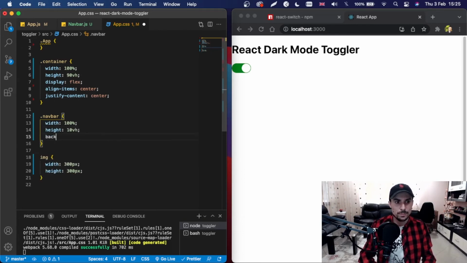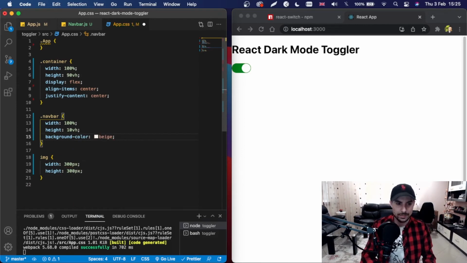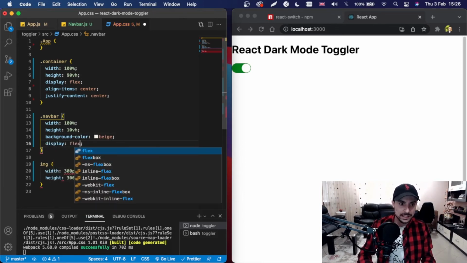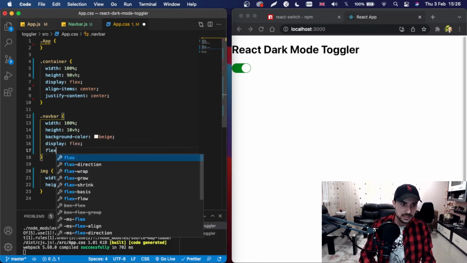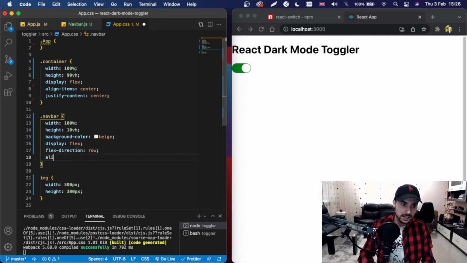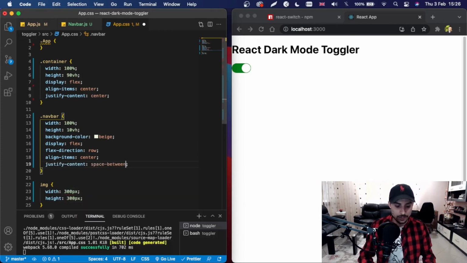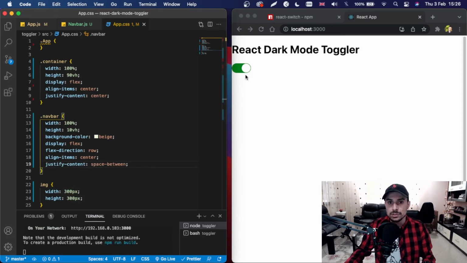Let's say we have a background color of beige or some else. You can do whatever color you would like, and you can say display to be flex, flex direction to be row, and align items to be center, and justify content space between. Okay, and if I save now, you will see that the switch will move